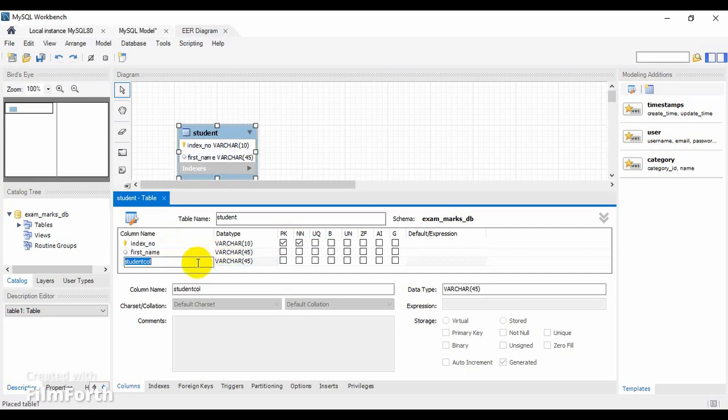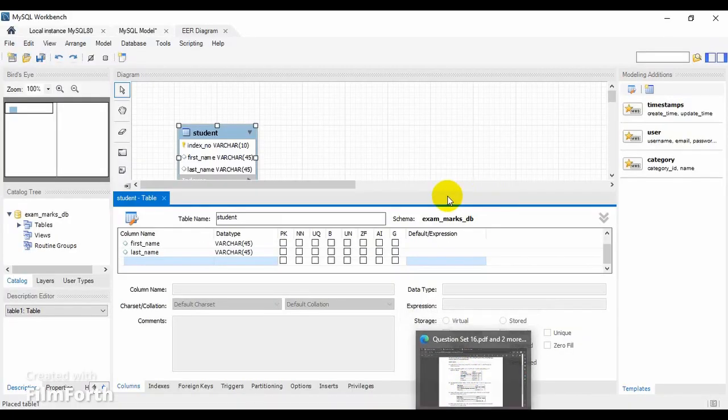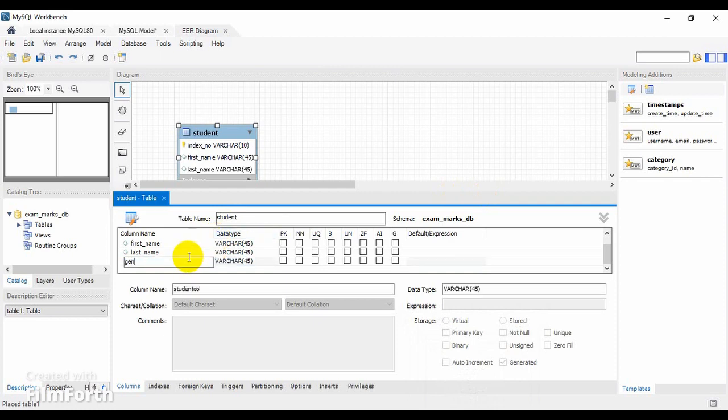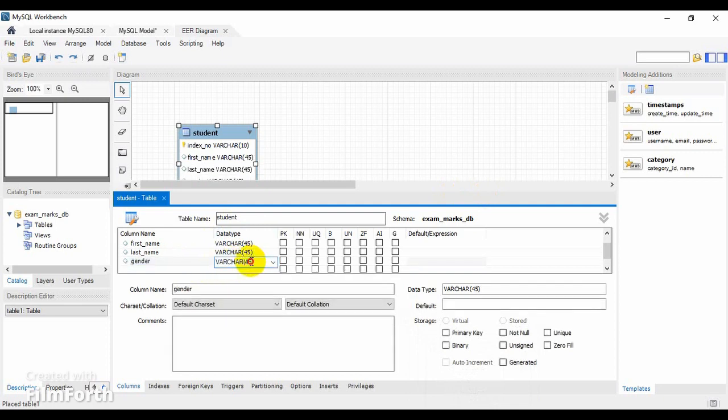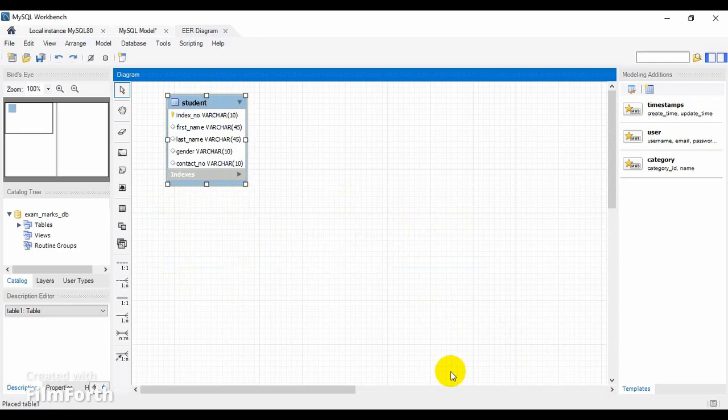First name, last name, gender, contact number, so I have made the first table,